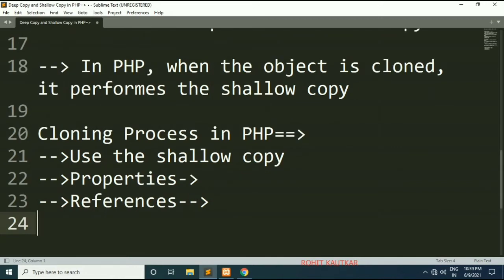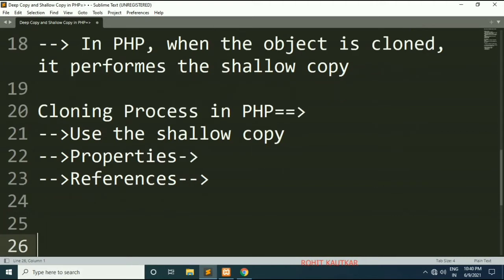After this cloning process, if the magic method __clone is defined, then the clone method of the newly created object will get invoked. This clone method allows any necessary properties to be changed. This is basically the cloning process within PHP.